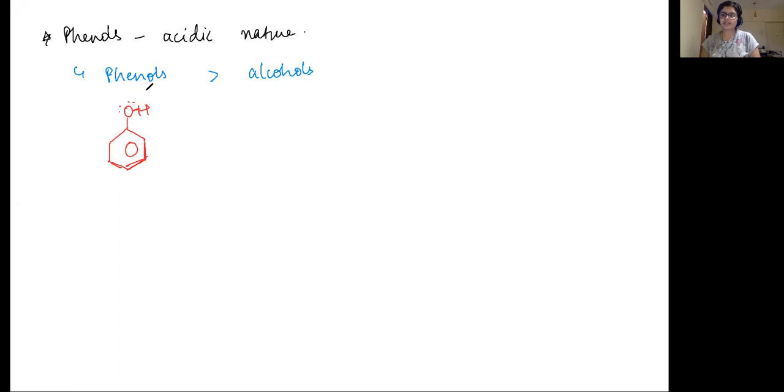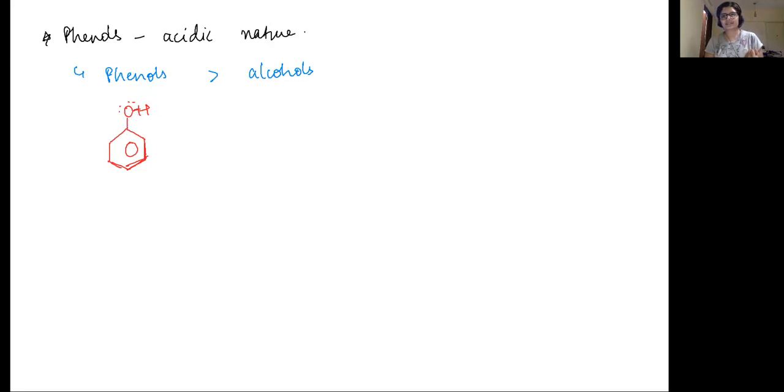So Aryan is saying because electron density is decreased on oxygen, right? Ria has mentioned that benzene is an electron withdrawing group. Jasleen has also mentioned the same thing. Correct. Ria, you got it correct. So it is an electron withdrawing group. Oxygen is also pulling electrons from hydrogen, and the benzene ring is further pulling electrons.